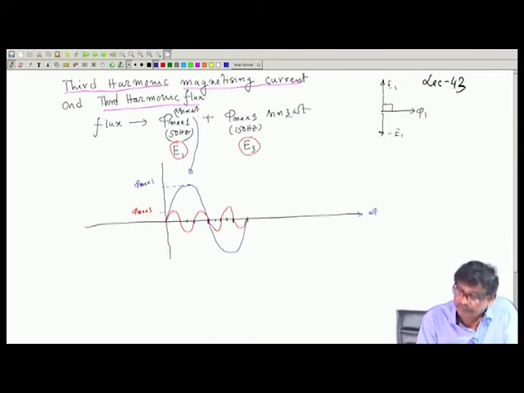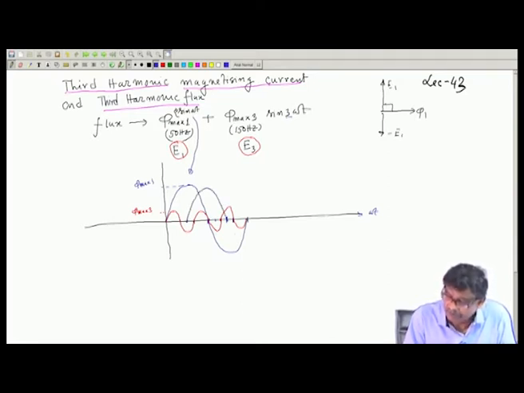Here, this is becoming 180 degree, sure. So, the induced voltage corresponding to fundamental, I am also drawing blue. So, it will end over here, but I have shifted by 90 degree. So, it will be here, this and this. So, induced voltage is suppose like this because of fundamental, and it continues. So, this is the fundamental induced voltage E 1,